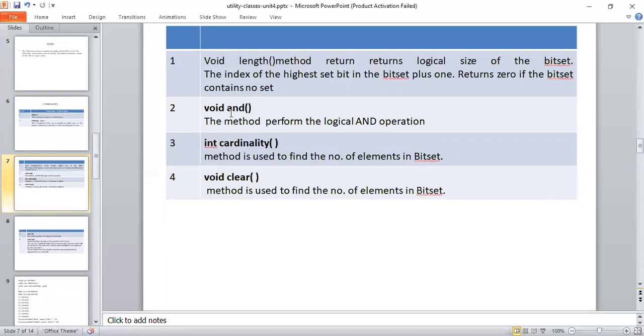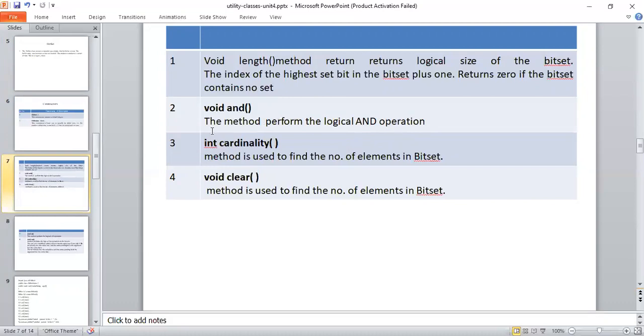And next is the AND method. So this AND method is similar to logical AND. Suppose I'm performing an AND operation on 2 bits. If both the values of the 2 bits are true, the result is true, which means I have 1 and 1. Suppose the first number is 1 1 and the second number is 0 0. So I'm multiplying the first value with the second value. So 0 into 1 is 0. Next 0 into 1 is 0. So the result is 0.